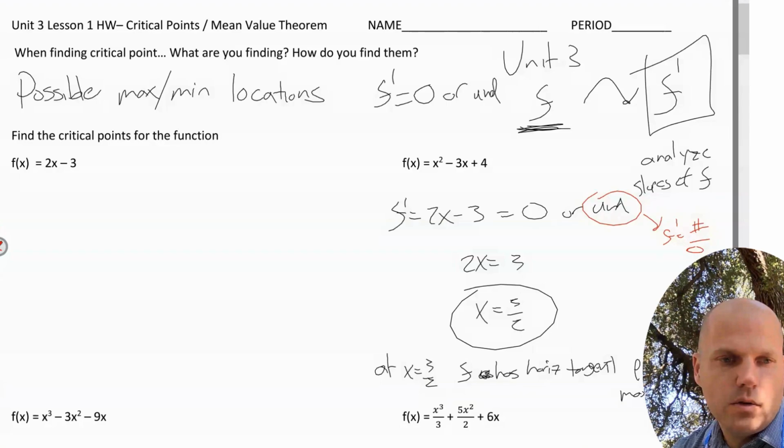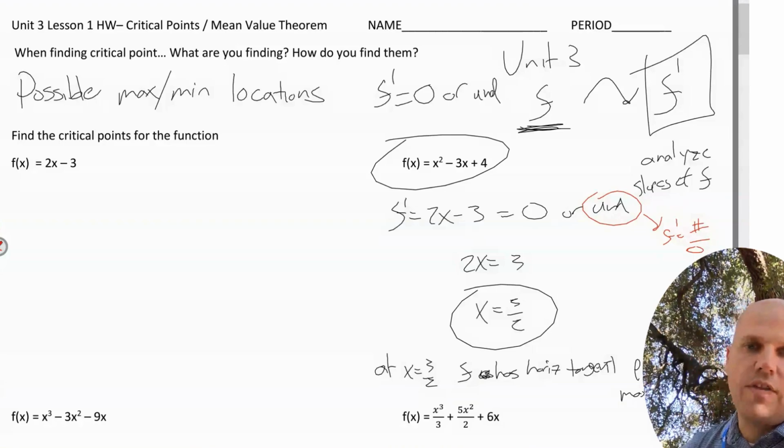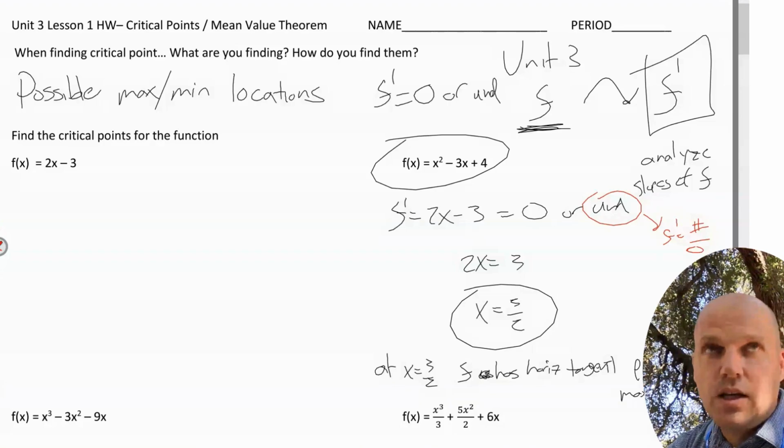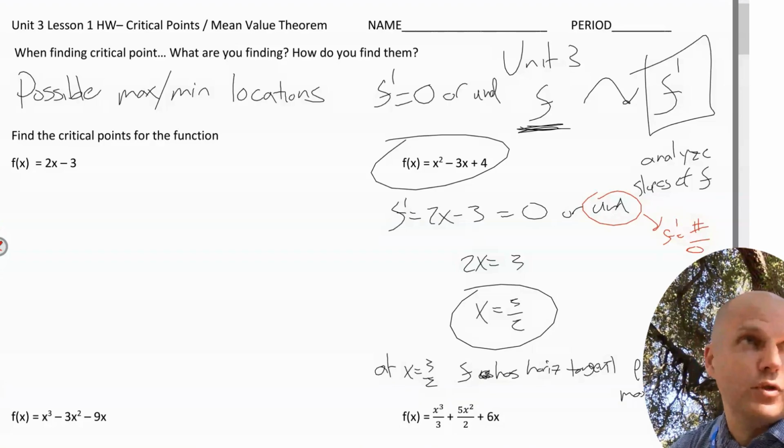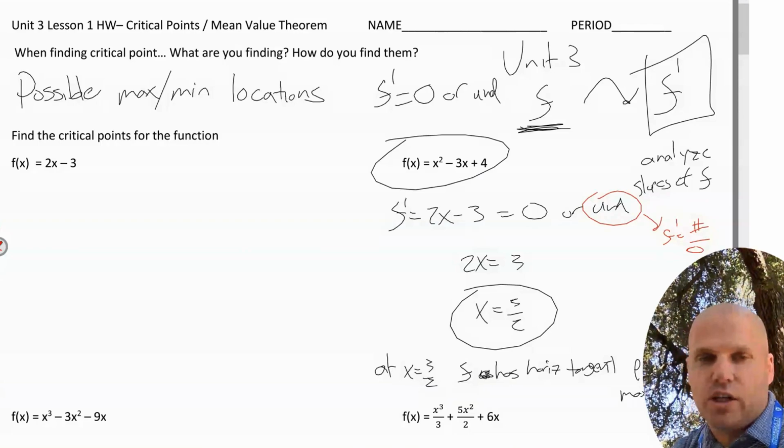Now we know, I'm really distracted while making these videos. We know that this function is a polynomial. It's an x squared. I know x equals 3/2 is the location of the min of that quadratic. But right now, we don't really care about that. We're going to just say when slopes are 0, we have possible max-min locations. When slopes are undefined, we have possible max-min locations.